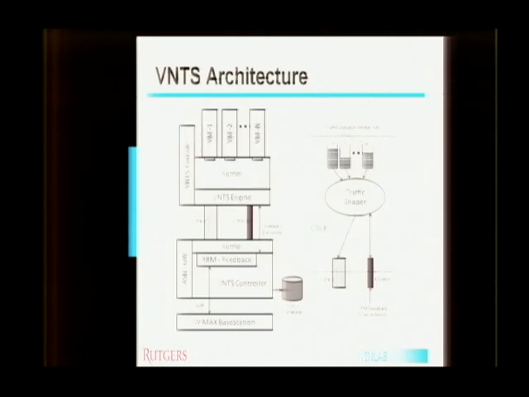So we propose this architecture where we had a machine over here with virtual machines running. This is a machine which has KVM running, and we have multiple virtual guests that are present. And what we have over here is the ASN gateway and the WiMAX base station. What we propose is a VNTS engine that runs in this machine and a VNTS controller that runs within the ASN gateway. What we do over here is that the WiMAX base station maintains a table or a database of sorts, an SNMP MIB, through which it can track the current channel conditions